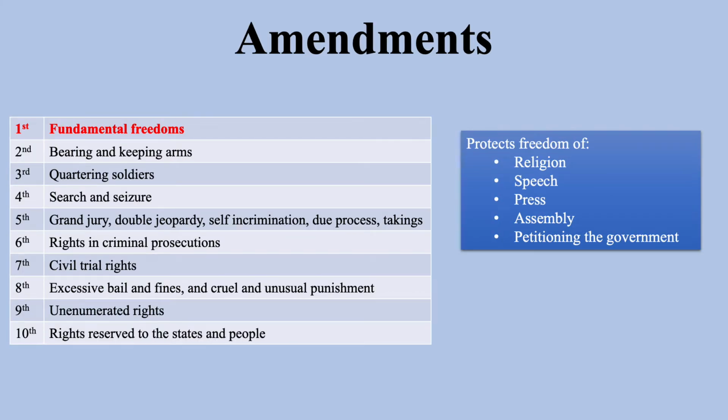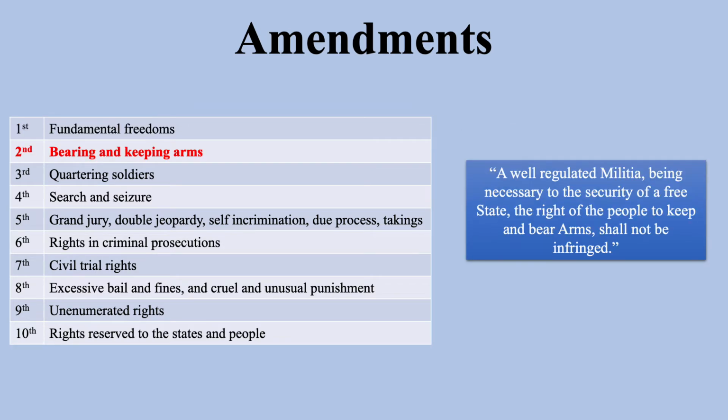The first 10 amendments are known as the Bill of Rights. The First Amendment provides Americans with certain personal freedoms including religion, speech, press, assembly, and petitioning the government with their grievances. The Second Amendment provides American citizens with the right to bear arms with simple language that says, "A well-regulated